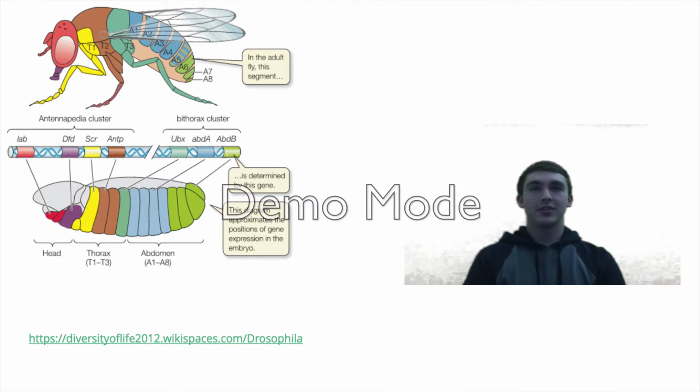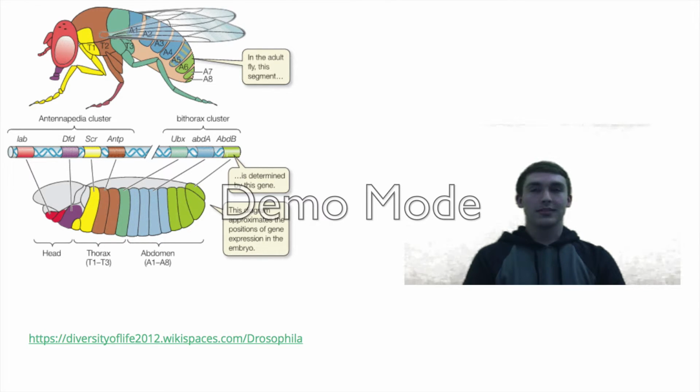This picture shows the 2 groups of Hox genes, the Antennapedia and the bithorax, and their positions in the Drosophila in both the adult and the embryo. As you can see, the labial, depicted in red, and the deformed genes, depicted in purple, are expressed in the head. Sex combs reduced, which is the yellow, and the Antennapedia, which is the brown, are shown in the first 2